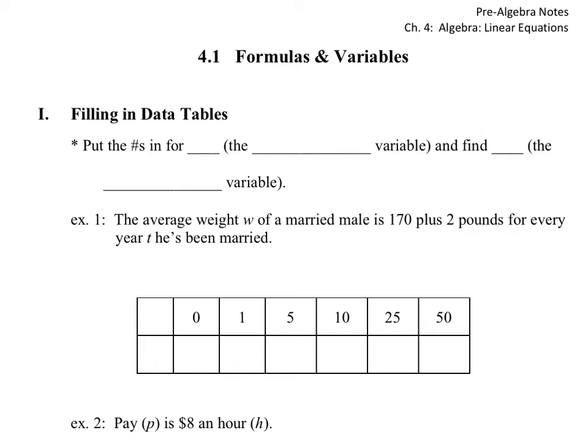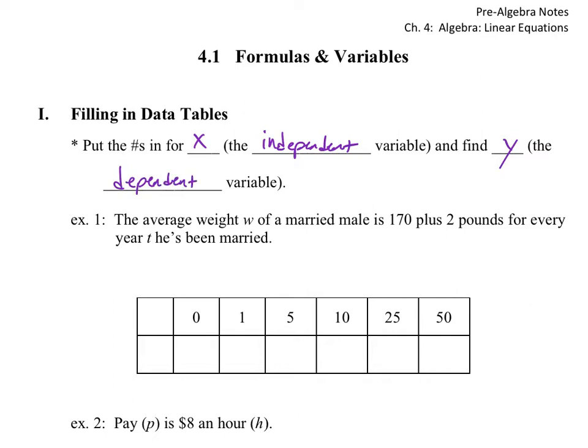All right, 4.1, formulas and variables. First, we're going to look at filling in data tables. And to do that, basically, we put numbers in for x. Usually x is the independent variable, and that independent variable is usually going to be sandwiched inside an equation with other numbers to find y, which is the dependent